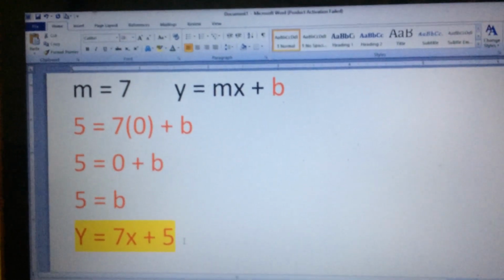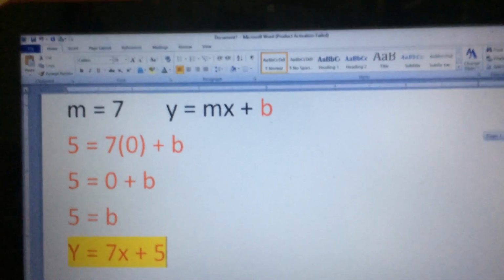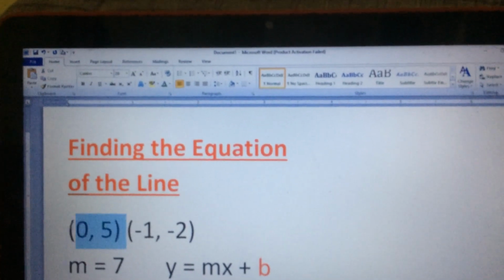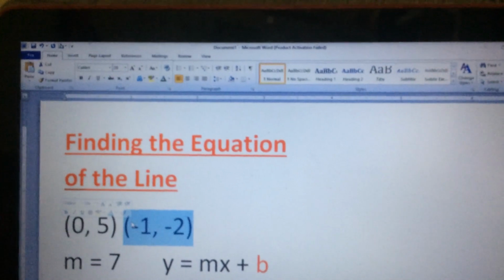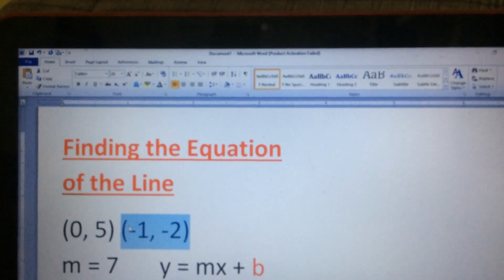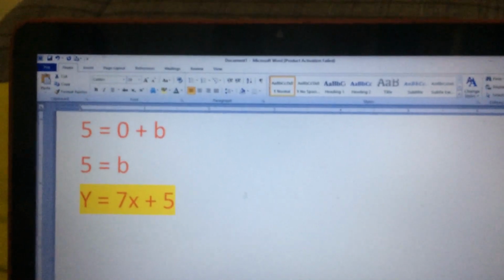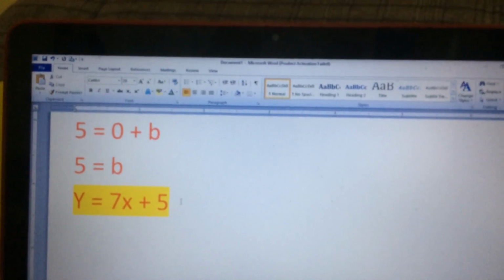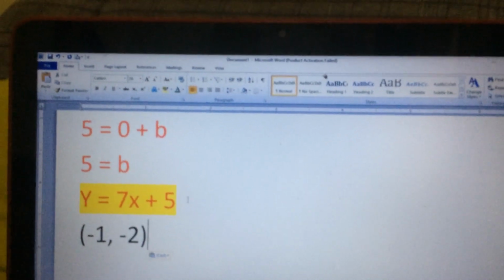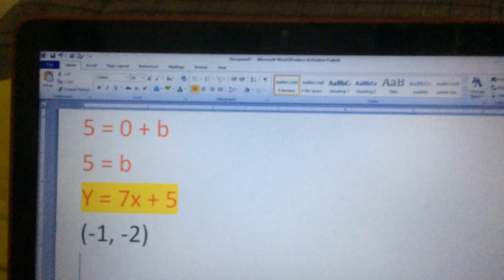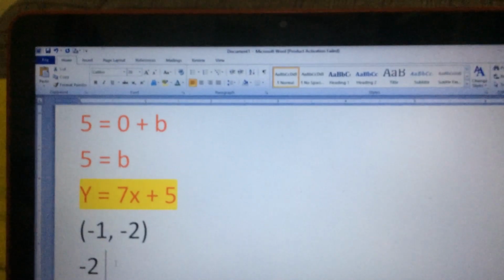Now, if we want to test whether this equation is correct or not, we can simply substitute these points to the equation. So let's say we take the ordered pair number 2, which is (-1, -2). So let's try to substitute it to this equation, which is y equals 7x plus 5. So our y is -2 based from this ordered pair, equals